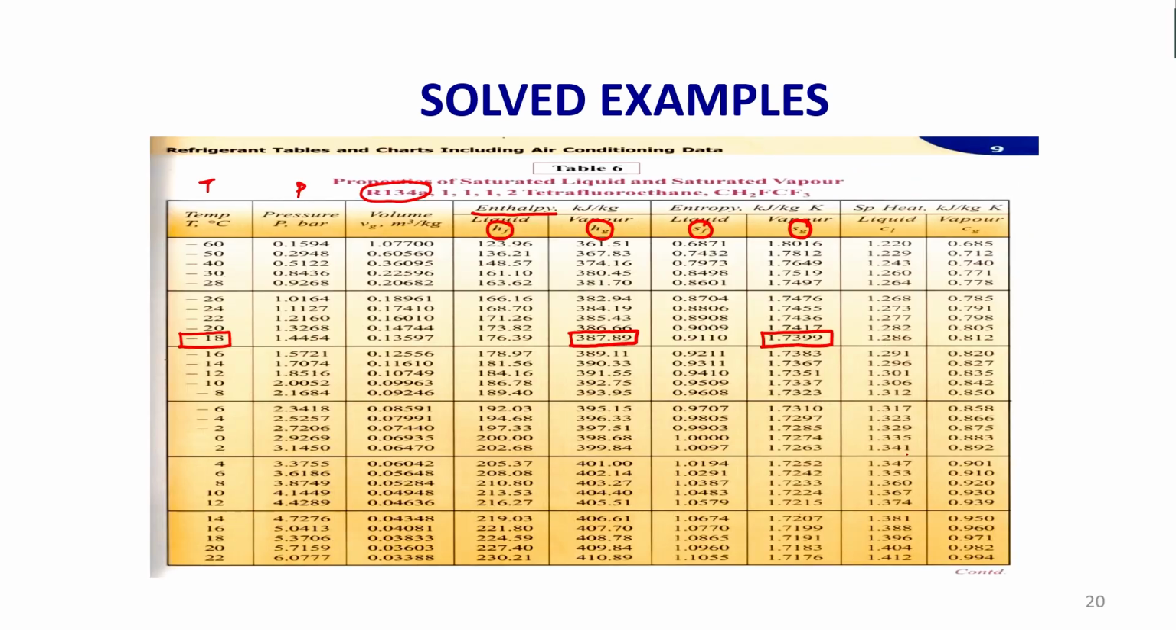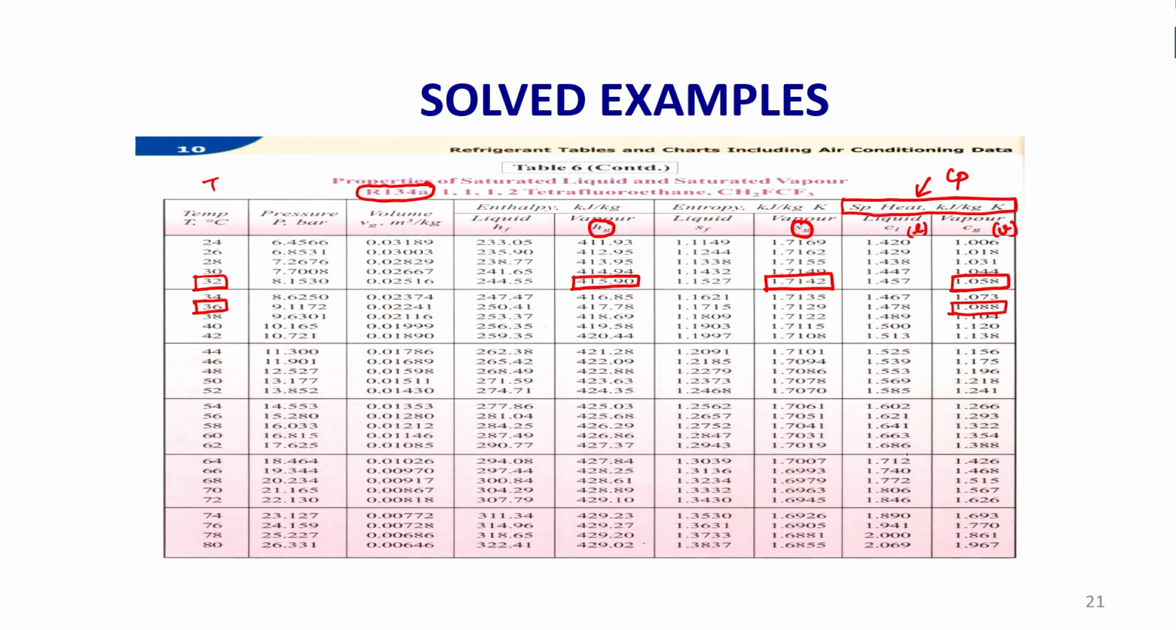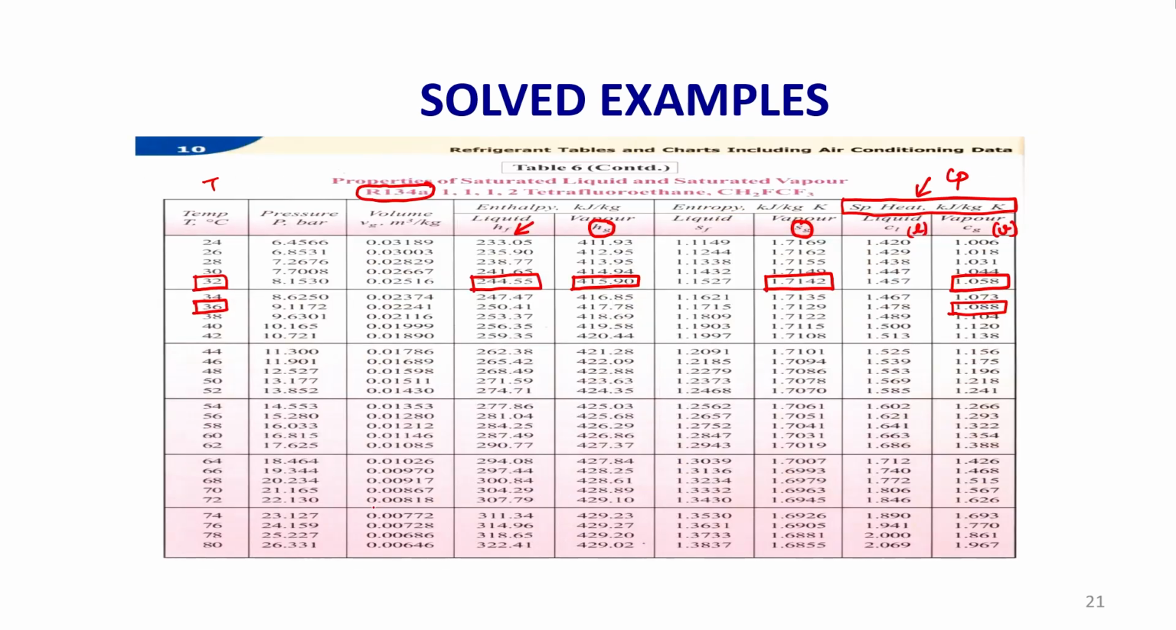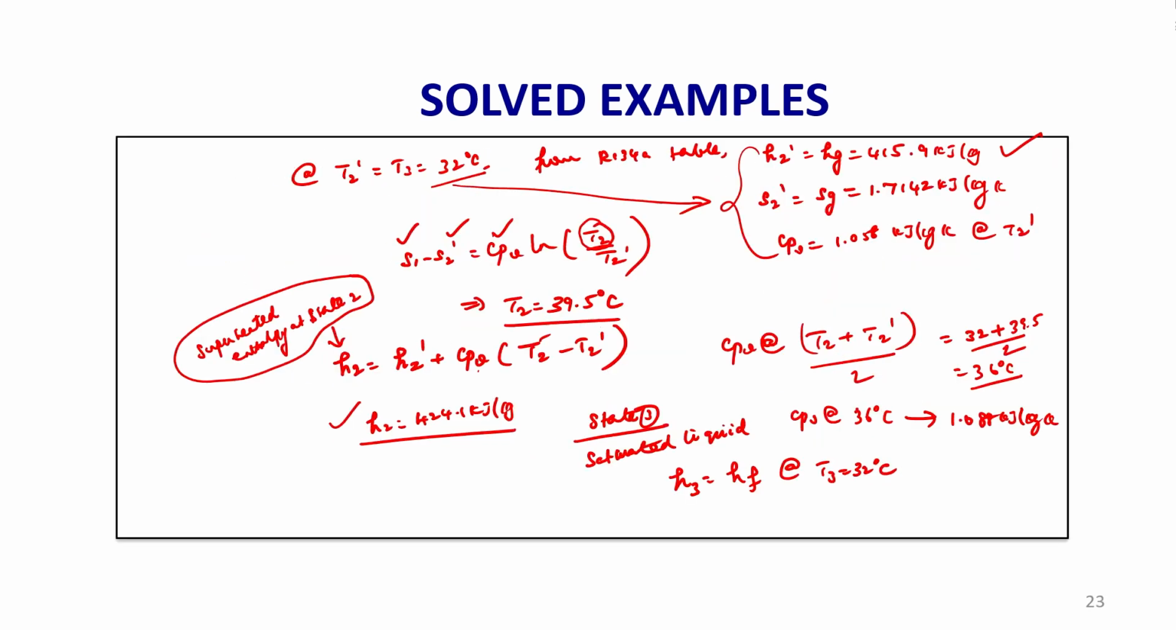So, go to the table. Corresponding to 32, the liquid enthalpy is this one, 244.55. So, that is what I have written here, 244.55. Therefore, H3 is equal to 244.5 kilojoule per kg. This is equal to H4 because H3 equals H4. Once I know all the 4 enthalpies,